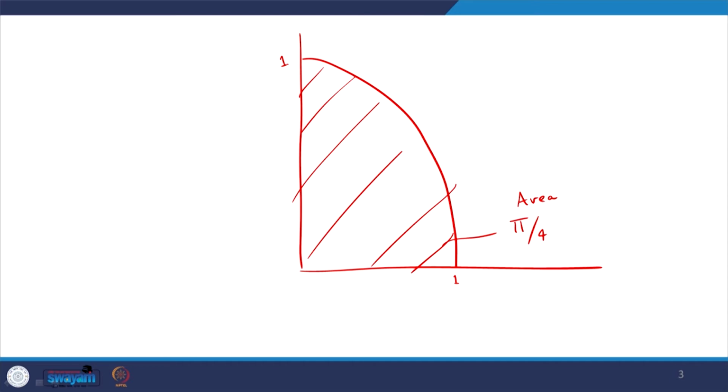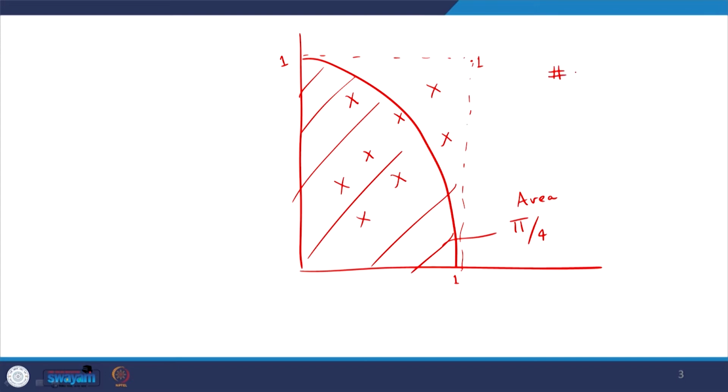And the way the Monte Carlo should work is I imagine a square again of unit length and unit width, and I generate points within that square, and then the number of points that lie within the circle.